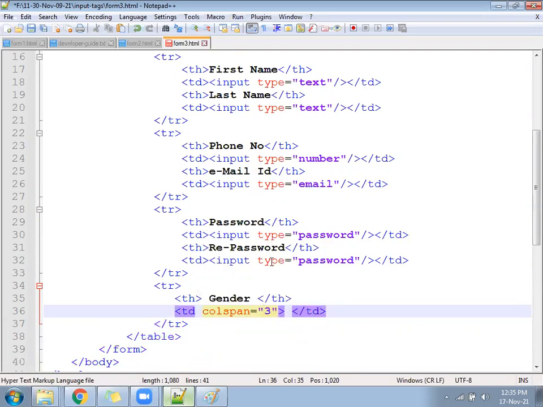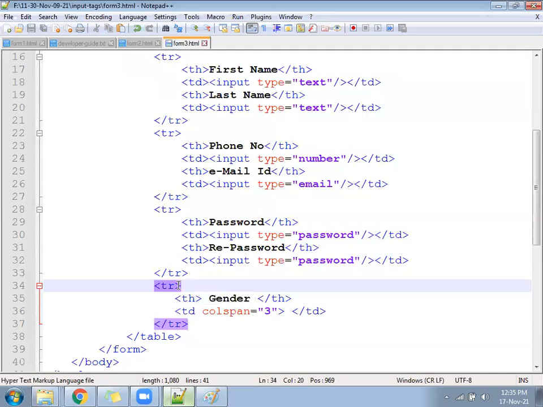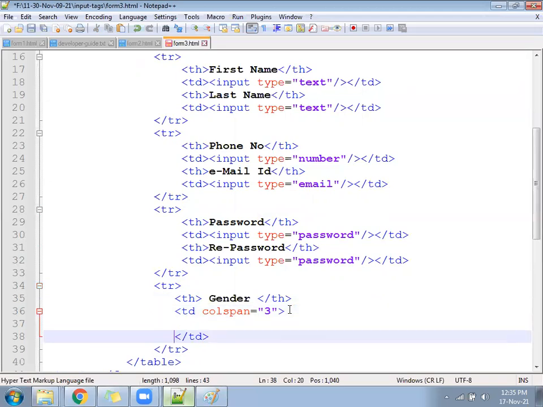If you count the previous row, you have a total of 2 TH and 2 TD, so the total becomes 4 columns. Here in the gender row, we have 1 TH, called gender. There we wanted to display 2 gender radio buttons, male and female. But male and female should not go to the next line, they should come in the same line. Plus nothing else we want. So what we follow? We follow colspan 3.